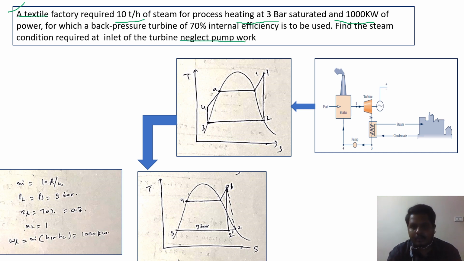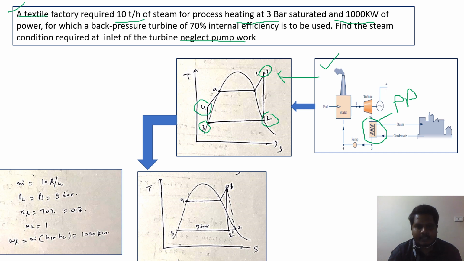Before solving the problem, let us recall the cogeneration power plant. As you can see here, this is the cogeneration power plant. It is the same as a Rankine cycle. The only difference is in the process 2 to 3, where the condenser is replaced with the process plant. So if you draw the TS diagram for the cogeneration plant, it looks like this. Process 1 to 2 is the isentropic expansion process in the turbine. 2 to 3 is the process plant.